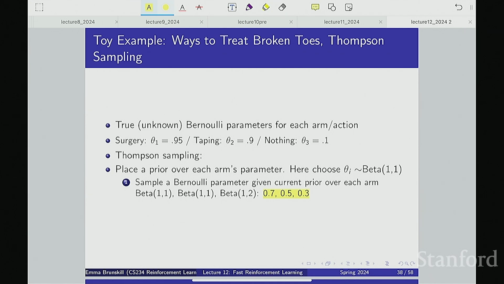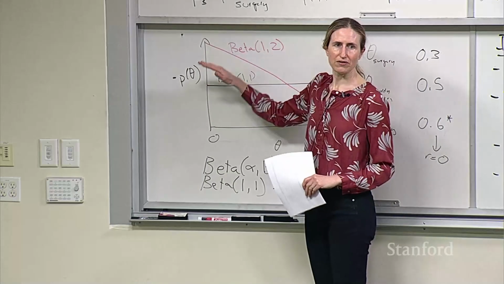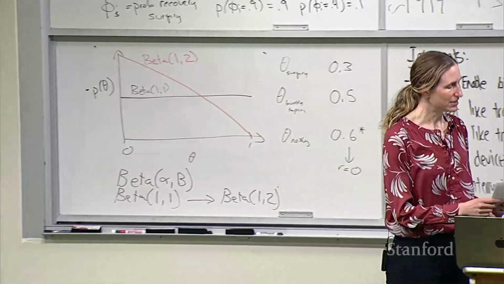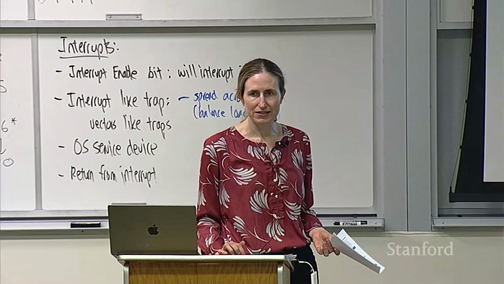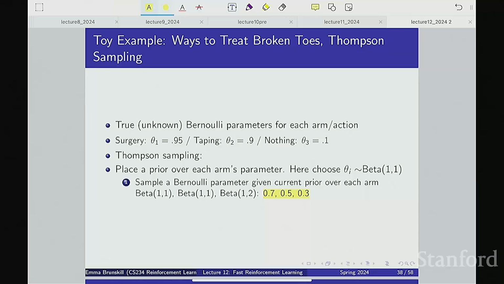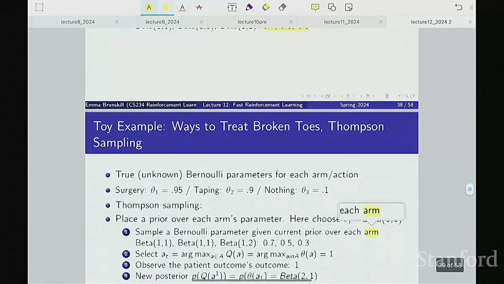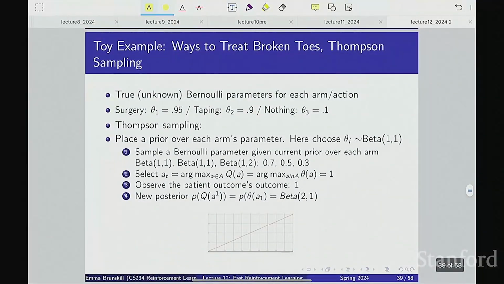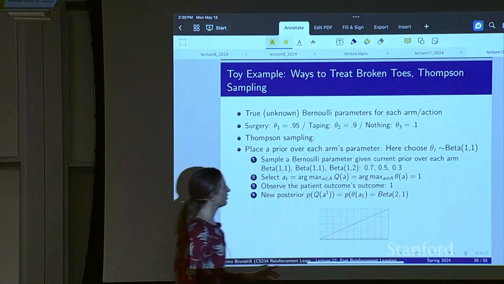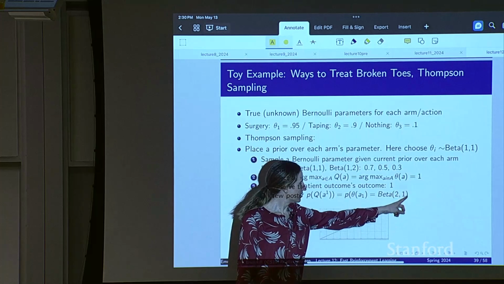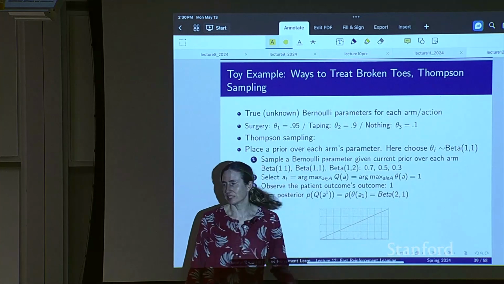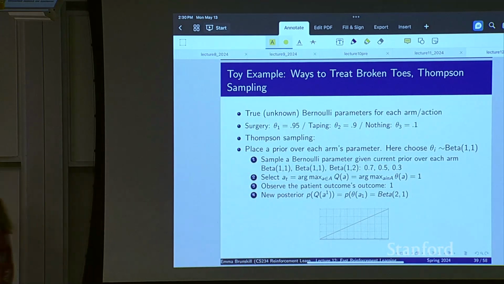It's more likely now that we would sample a theta 3, which is lower, because our beta puts more weight on the lower part. Okay. So this is what this looks like here. Under this, we're going to pull arm 1 because it has the highest expected success. And that one is going to give us a beta 2, 1, because remember, again, that we increment the first one in terms of the number of successes, the number of failures. So as you might expect, it's exactly symmetric to this one.